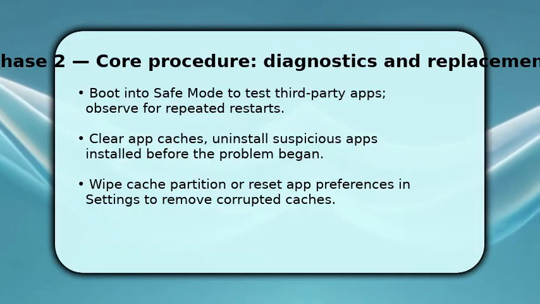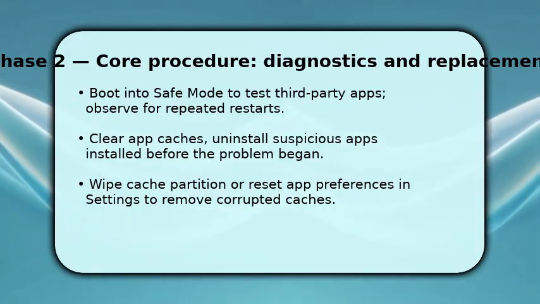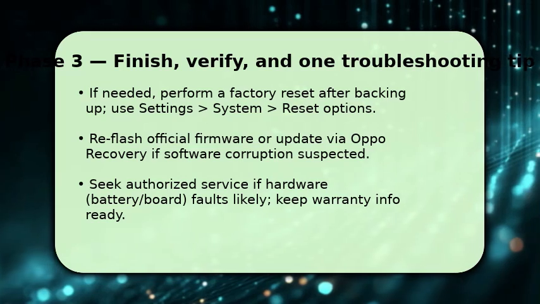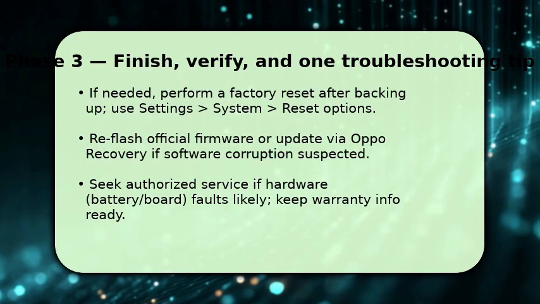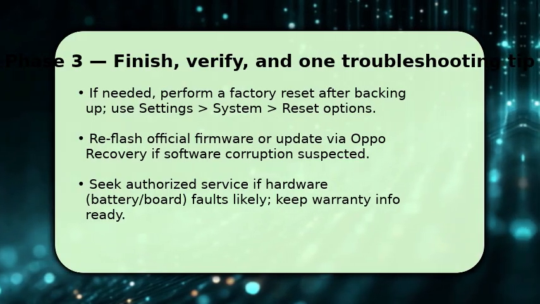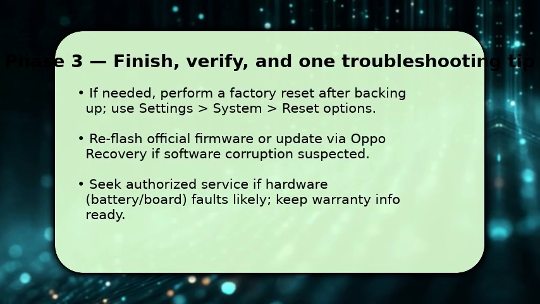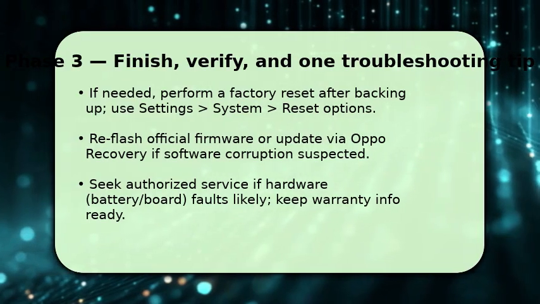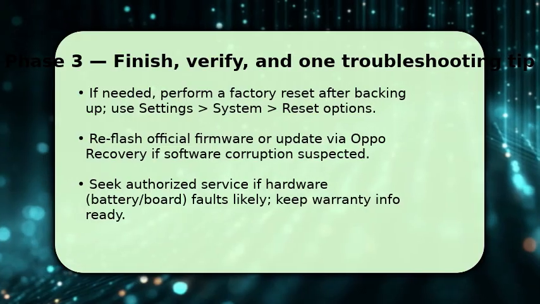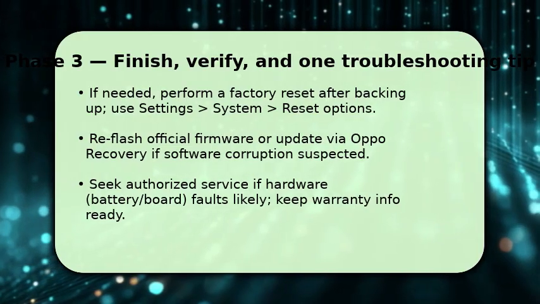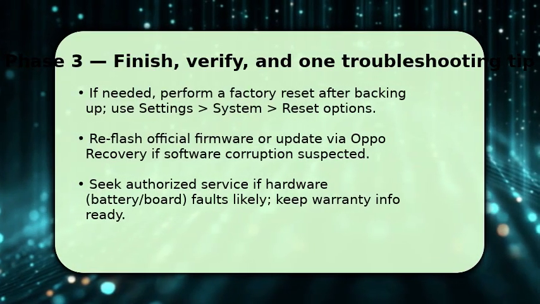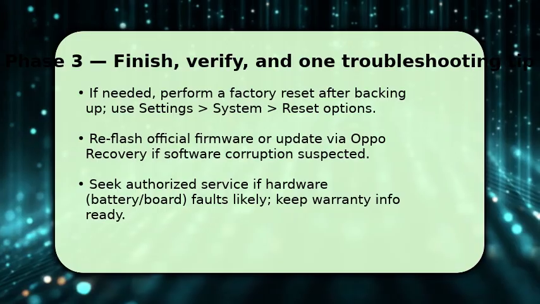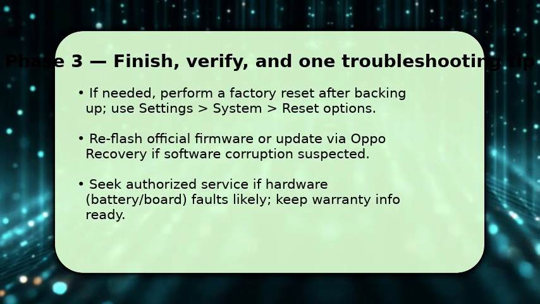If software measures fail, perform a factory reset, make sure your backup finished, then go to Settings, System, Reset options. You can also reflash official Oppo firmware or use recovery to apply the latest stable ROM if corruption is suspected. Finally, inspect for hardware issues. Swelling battery, loose connectors, or overheating might need a repair. Troubleshooting tip: if restarts continue after reset and reflash, stop DIY fixes. Contact an authorized